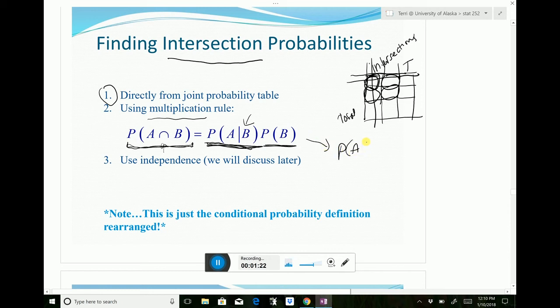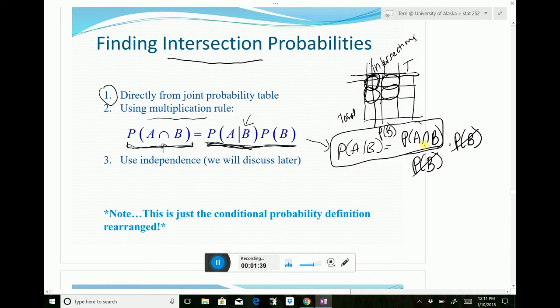This is just a rewriting of the conditional probability formula. If I multiply both sides here by probability of B, these would cancel, and I would just end up with the probability of A intersection B is equal to the probability of A given B times the probability that B